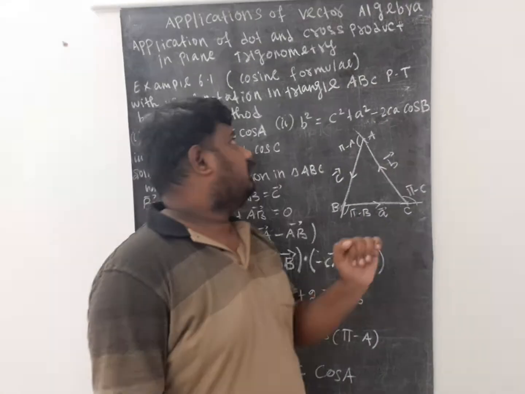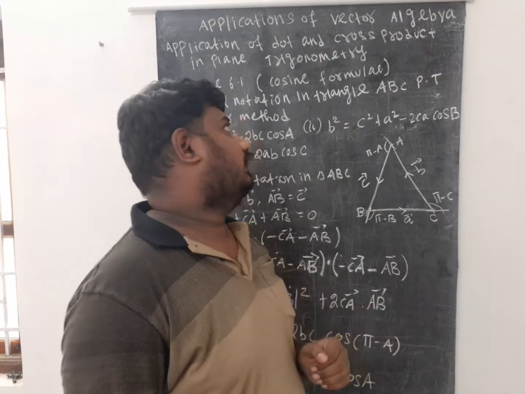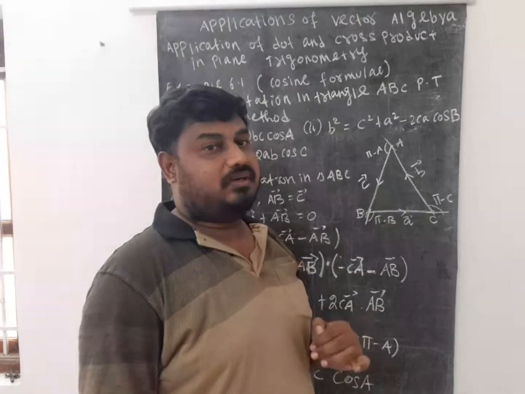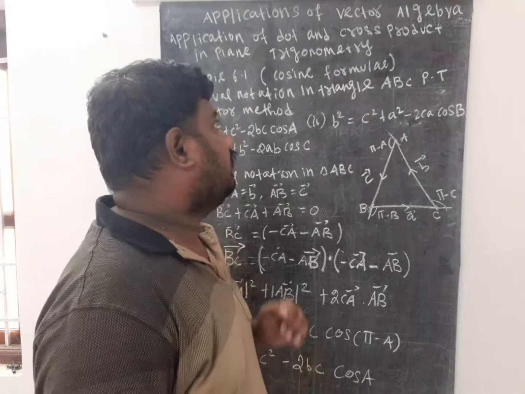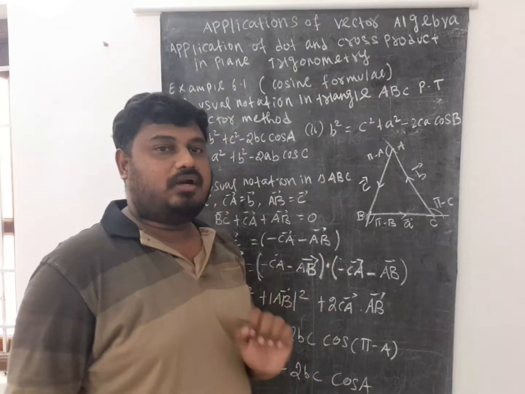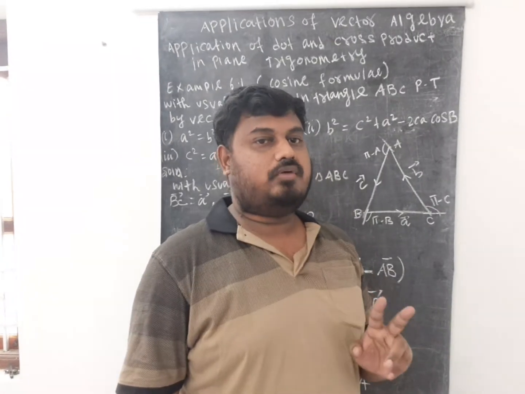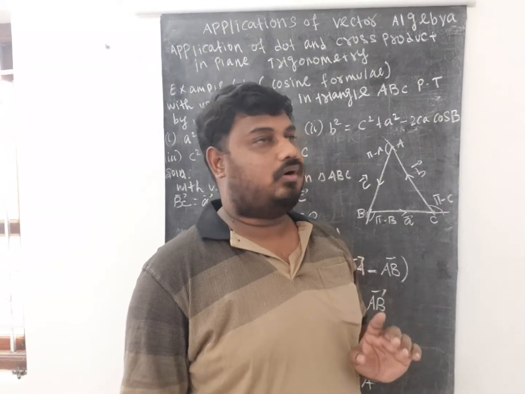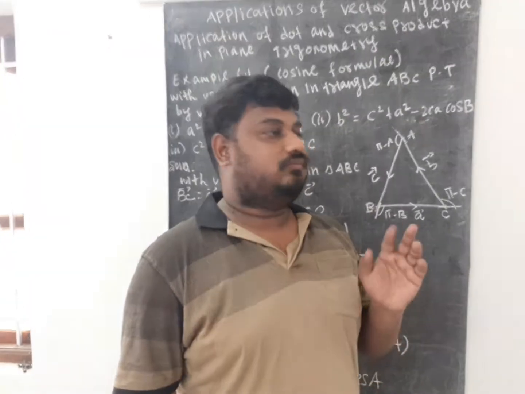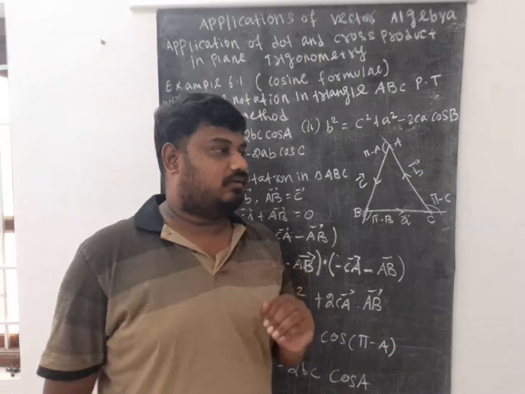In vector algebra, first of all, what is meant by vector? How to represent the vector? Then vector addition, vector subtraction. Then another important one is triangle of addition. These are learned in the 11th standard, and also dot product, cross product between two vectors. A vector dot b vector. We have two vectors, and we have to find the dot product and cross product. Then angle between two vectors. Then some properties also we have learned in the 11th standard. So let us recall them.